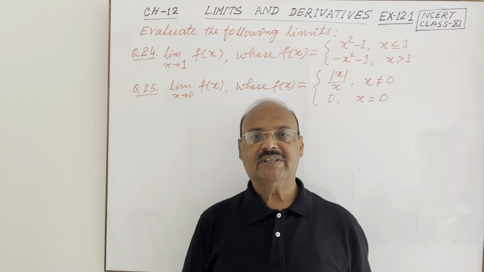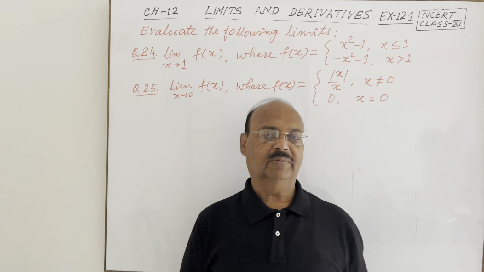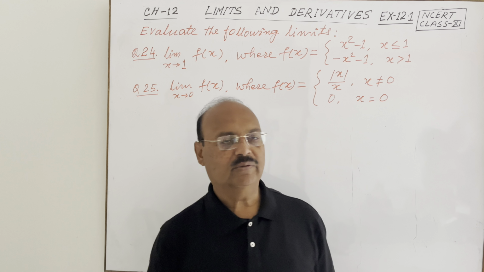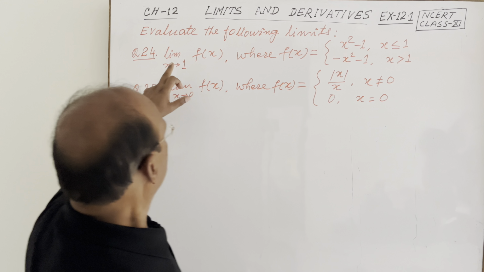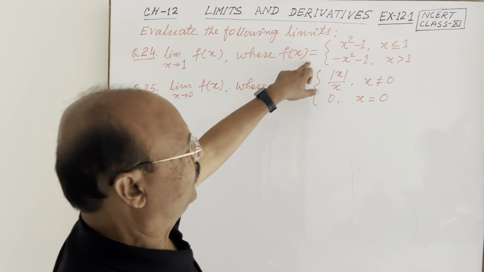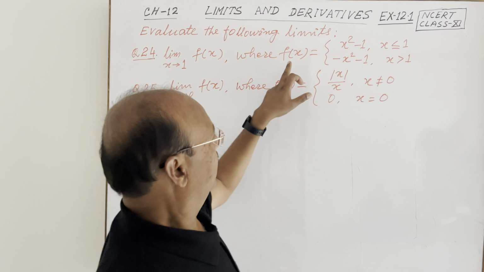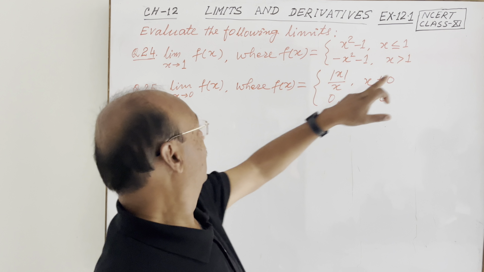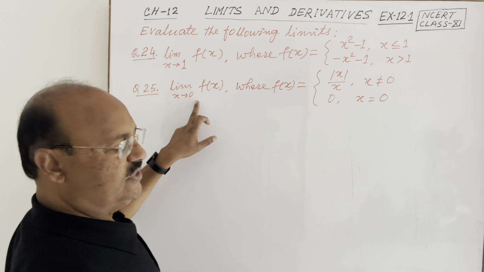Here we are discussing question number 24 and 25 from the exercise 12.1 of the chapter Limits and Derivatives of class 11 NCERT book. Here question number 24 is evaluate the following limits. Limit of f(x) when x tends to 1, where f(x) is equal to x square minus 1 when x is less than or equal to 1, and f(x) is equal to minus x square minus 1 when x is greater than 1. In question number 25, we have to evaluate limit of function f(x) when x tends to 0, where